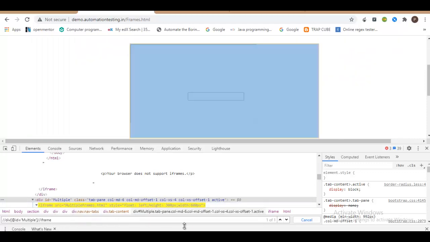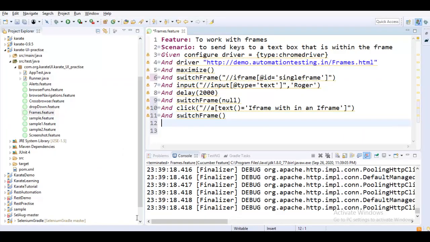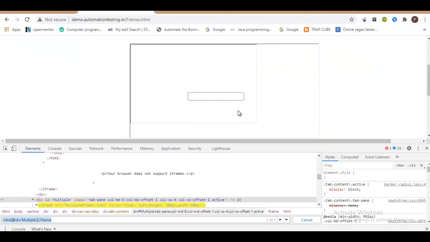Even now you can see I have only one suggestion. So let me pass the value here, and now I'm in the first frame, but we do have another frame. Since I'm already in this frame, I have one more frame.